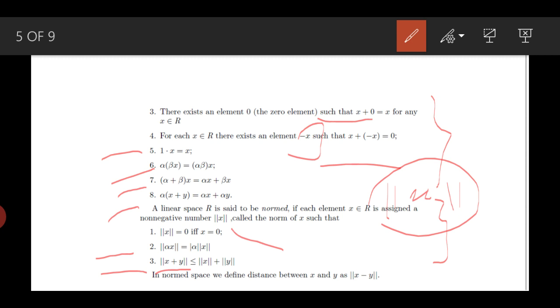Now these are some abstract ideas which vary from space to space. So for some space the norm should be some kind of thing, for the second some other kind of thing. Let us suppose an example. For vectors in the three-dimensional case, we know that the norm is basically the length of a vector, which is a positive number, and that holds these properties. You can verify them. And for functions, the norm is defined by some other things. Next is the distance between points, and the distance between x and y is basically the norm of the element x minus y.